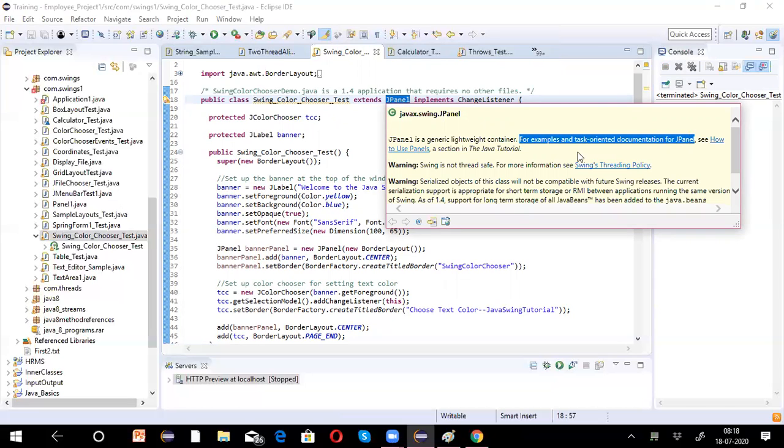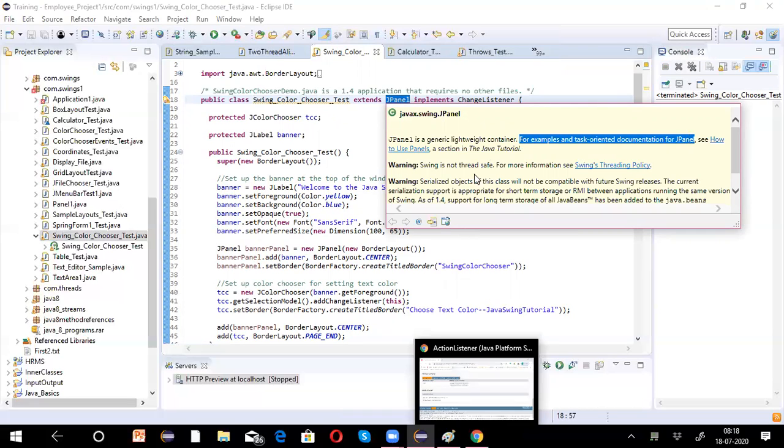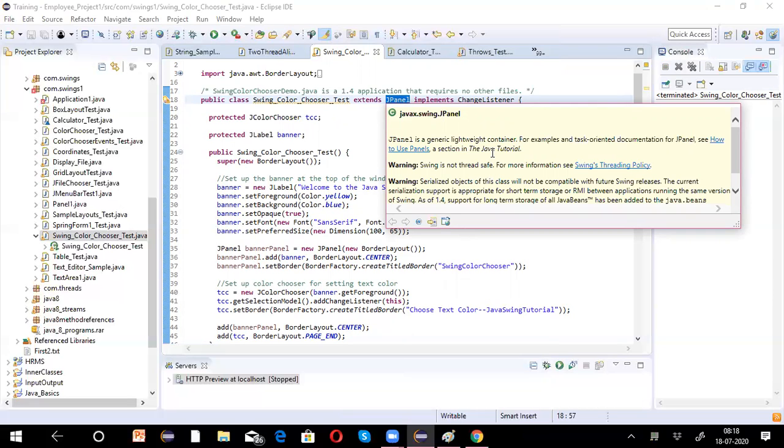On the bottom line, it is simply a top level container just like a frame. We usually place a panel inside a frame, which means a frame can be divided into multiple panels.